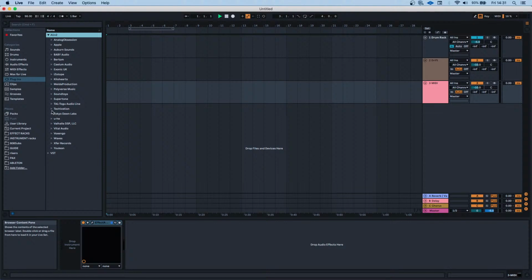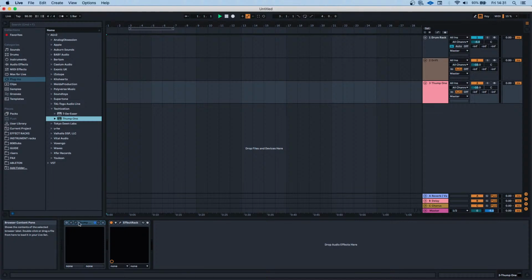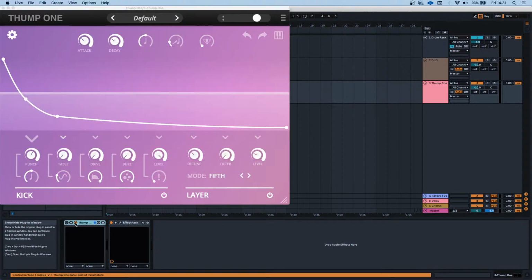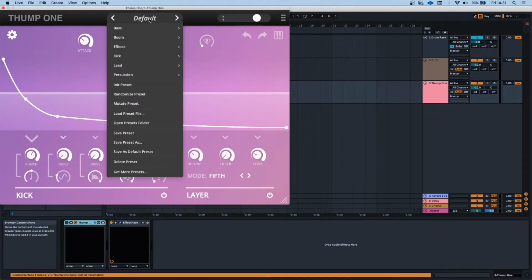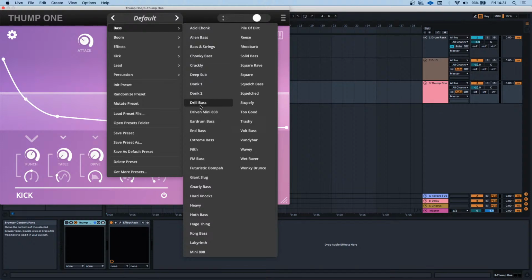It's got to open the right one. Activation thump one. There you go. So get this going. Turn it on. Yeah. And this is